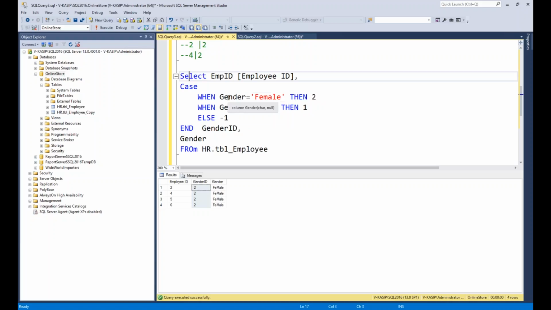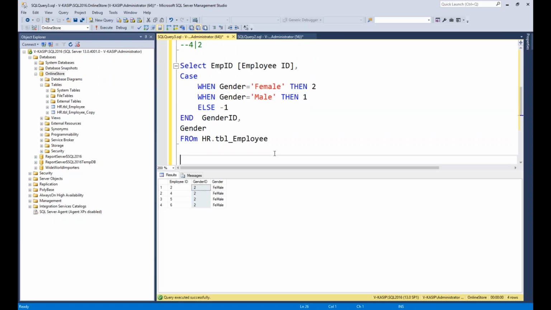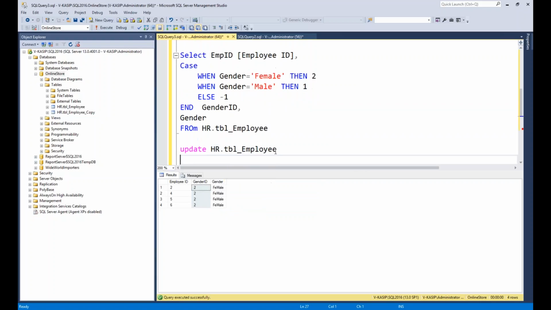Got it? Now let me go ahead and update. I don't want all the records to be the same. I want to make sure, I need to do a few other checks. So I'm going to update record 4 with gender equal to male. Update HR.TVL employee. How to update the record where employee ID is equal to 4, gender to male? What is the command? Okay, cool. Set